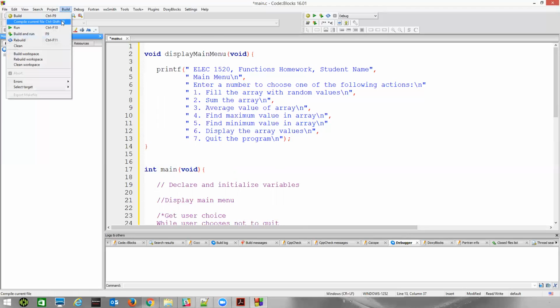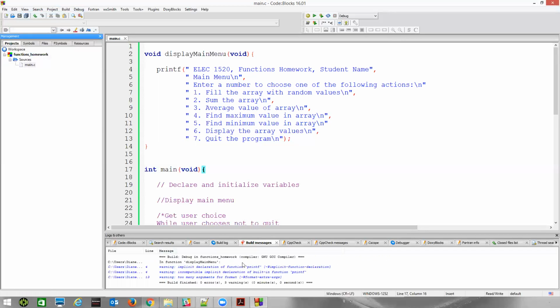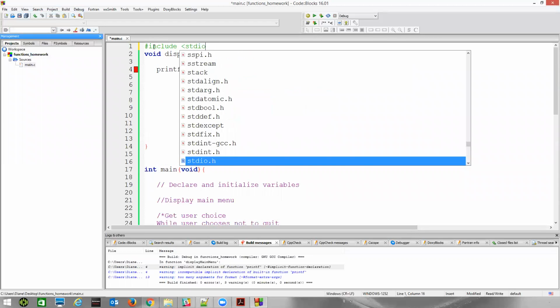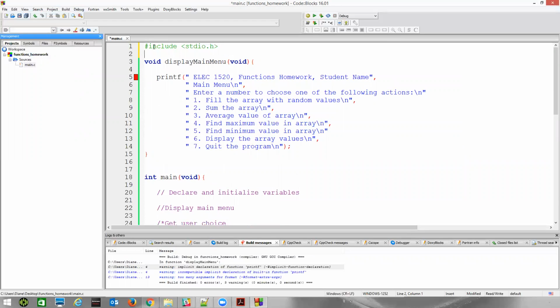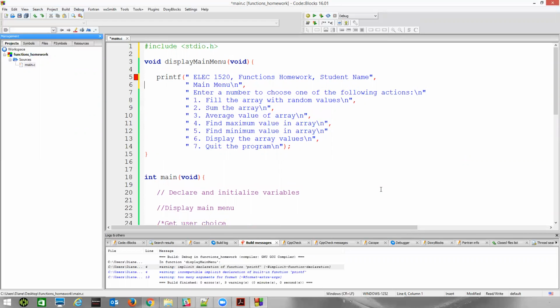Let's compile. I don't know that that compiled. I'm not getting any messages down here, and I should. Yeah, main.c is in here. What if I say build? All right, warning implicit declaration, yes. Do I have my pound include? No. And too many arguments for printf. I want to do multiple printfs. Actually, do I do that? If I get rid of this comma,